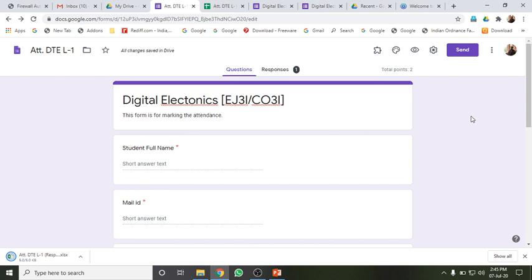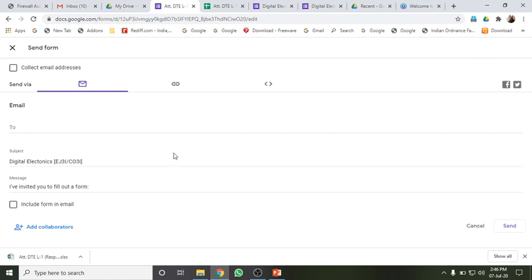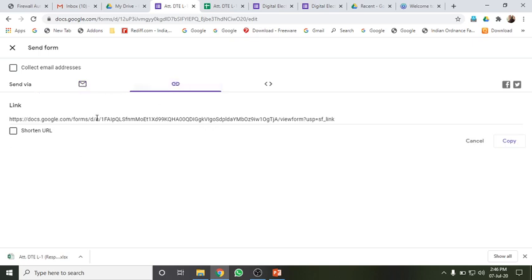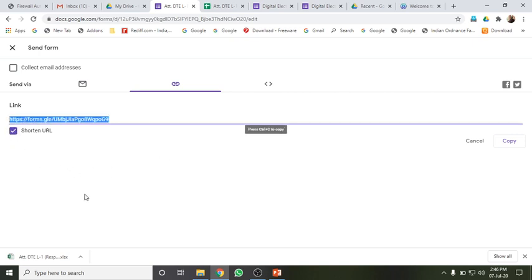Now you are supposed to share the link of this form. To share the link, when we open this form, you need to go to this send option, and here send via this mail, and different options are available, right? So you can just click on this link form and you will get this link. Now you can see this link is very large, so you can shorten this link by clicking here. So your link gets shortened, and I'll just click on this copy. Now link is copied, right?